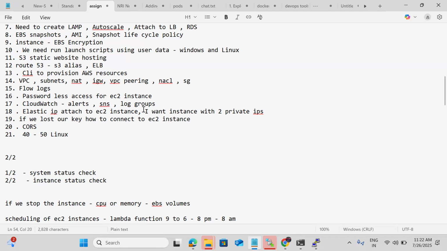Then CloudWatch alerts, SNS, log groups, I will explain. CORS also, I'll explain in the next session. I'll explain these three. We have flow logs, CloudWatch, and CORS, how one resource access is given to another, and in CloudWatch we want to get